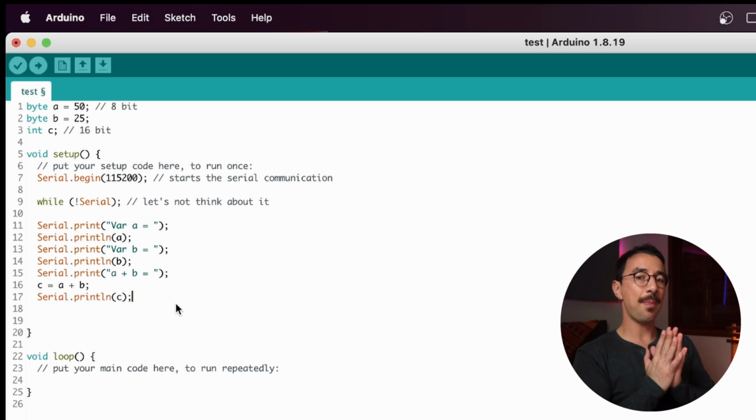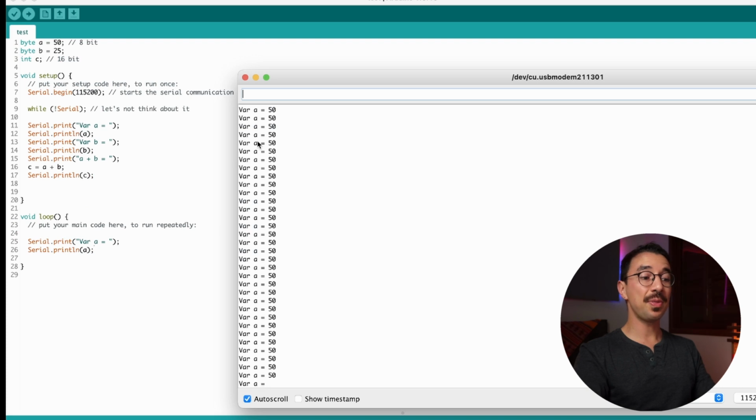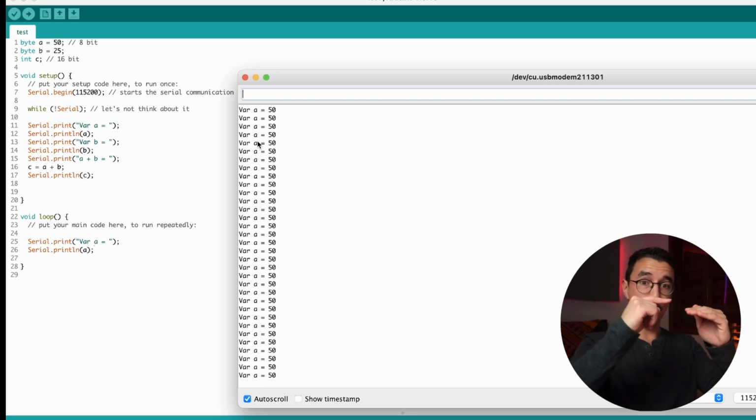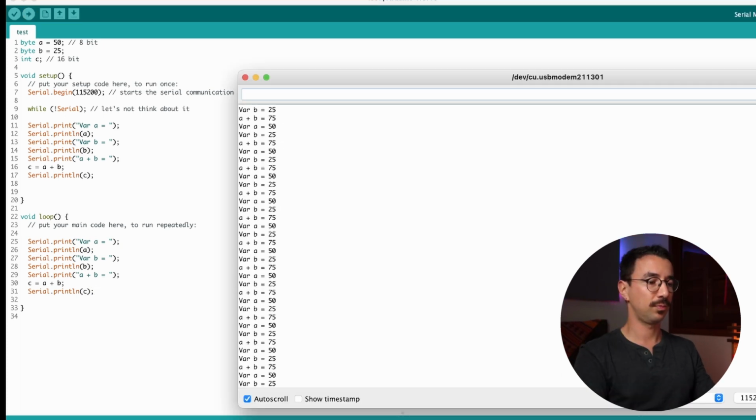So see that those things are happening only once because we are in the void setup. What happens if we put something in the void loop? So let's type this. See now, this is happening repeatedly, really fast as the Arduino can. So it goes until the end of the loop and then comes back to the beginning. So if we put everything here, we're going to see all those things happening in a loop. So if we stop auto scroll, you can see that we're having this in a loop.